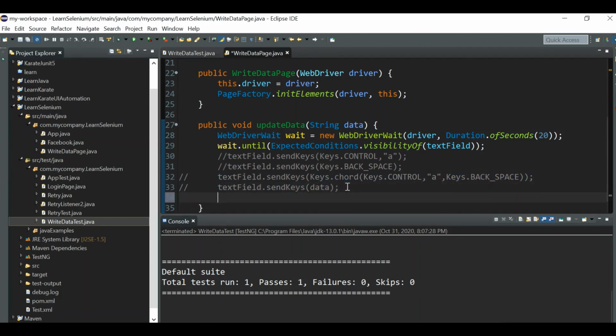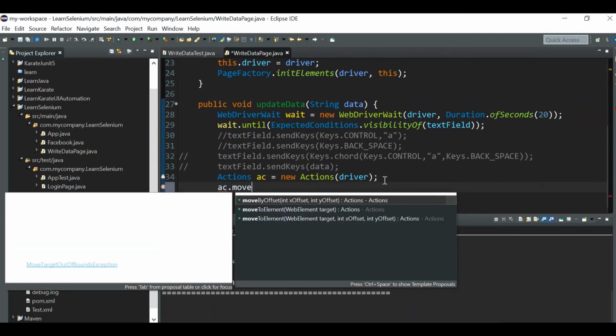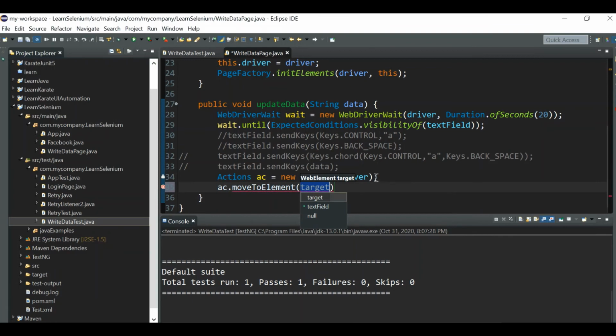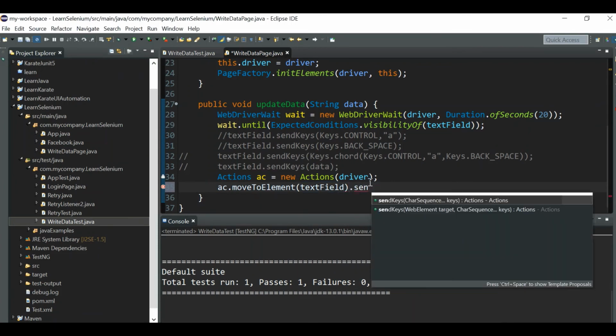Let me create the object of the Actions class. The Actions class is a class in the Selenium framework. Now what you need to do is move to that element, which is the text field, and then you can send the keys.